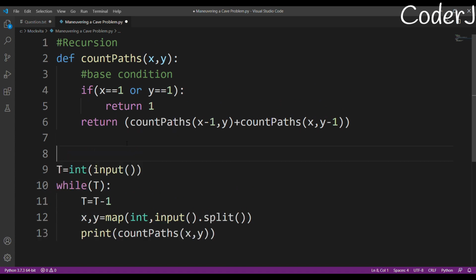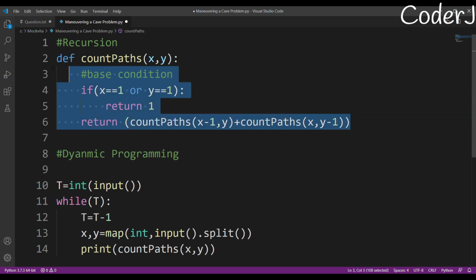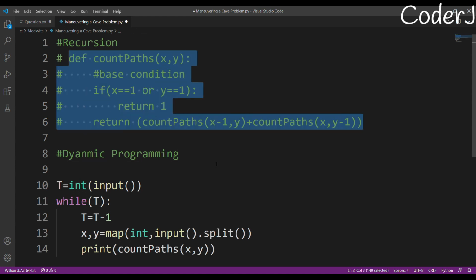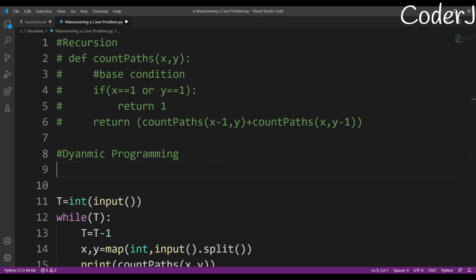Now let's move on to dynamic programming. It's really important. But trust me, you have already solved half of the question of dynamic programming, because now you know how to approach it. You know that you need to just first solve a few sub problems, and after that you are done.